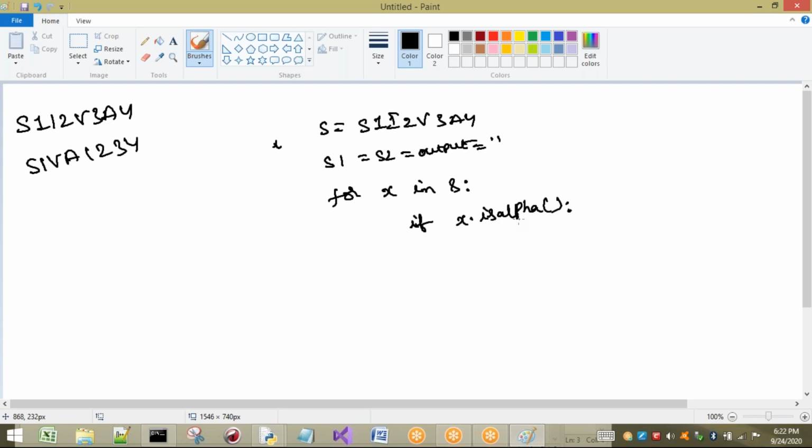If X is alpha, then I have to place that value inside S1. That is nothing but S1 plus X. S1 contains what? Empty. Empty plus X gives you what? Already in X what we are having? The first value, that is S. That S will be stored now. So just here I will write S1, S2, and output I have taken. In S1, empty is already there, and empty is going to be assigned with X, and in X we are having S. So here S will be there.